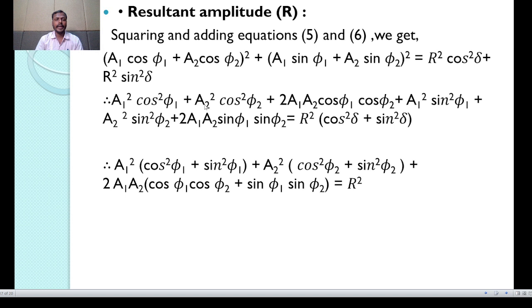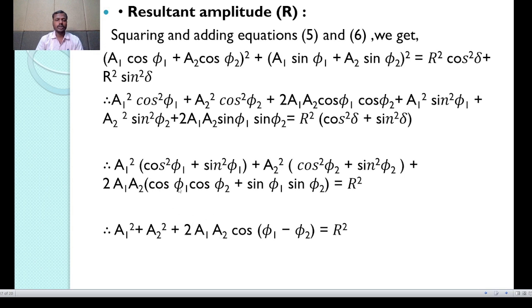Similarly, taking a2 square common from the second term and fifth term, a2 square in bracket cos square phi 2 plus sine square phi 2, plus taking twice a1 a2 common from the third term and sixth term, twice a1 a2 in bracket cos phi 1 cos phi 2 plus sine phi 1 sine phi 2. We know that cos square a plus sine square a is equal to 1. Using this formula in this equation, we can write finally a1 square plus a2 square plus twice a1 a2